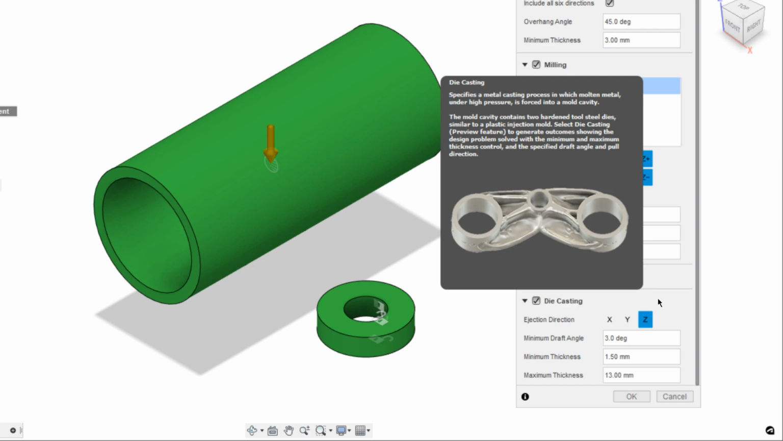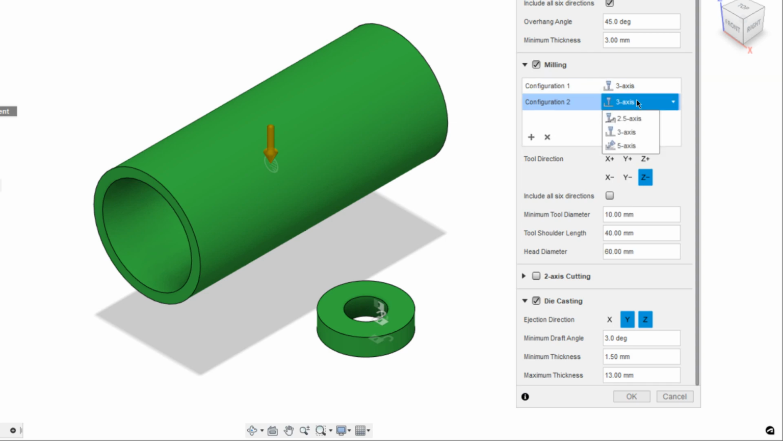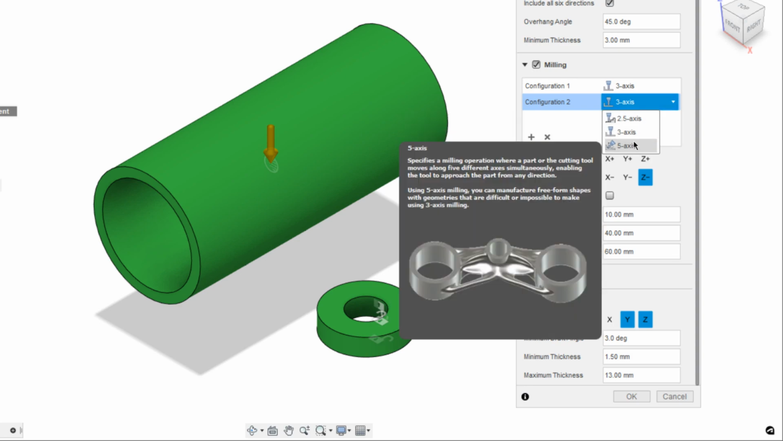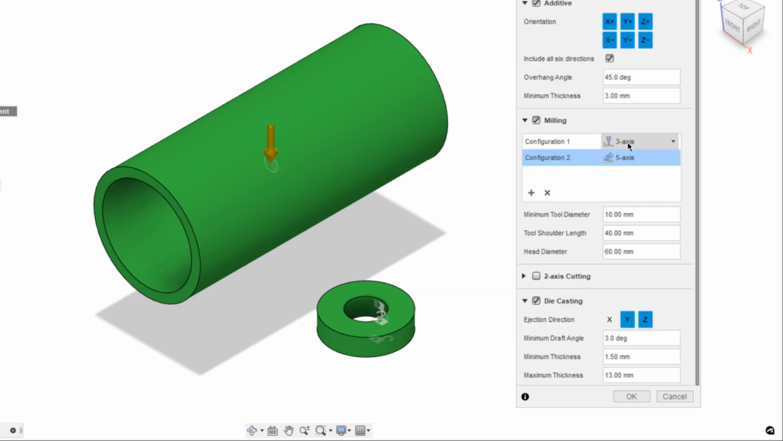I'm gonna say the ejection direction as Z and Y. And one more thing is, I'm gonna define 5 axis here. If you hover over to the configuration 2 and if you expand, here we have 2.5 axis, 3 axis is already defined, and 2.5 axis is also not suitable because the tool comes in from top direction and it cannot access the other hole. I'm gonna select 5 axis and change the minimum tool diameter to 6